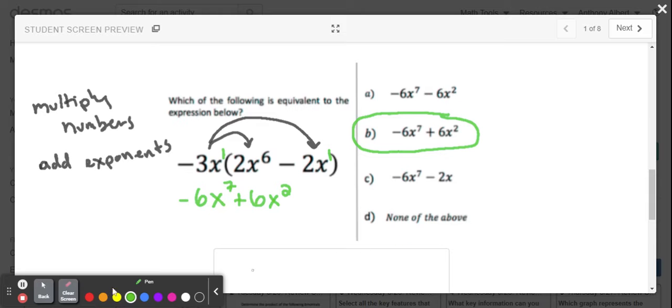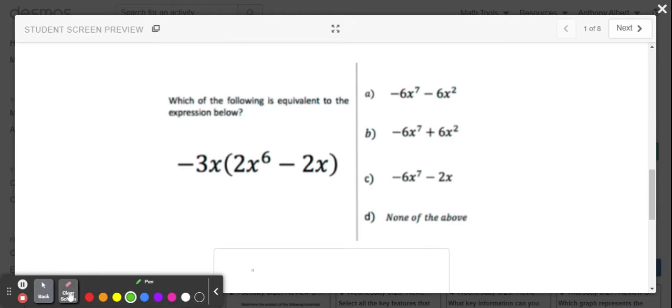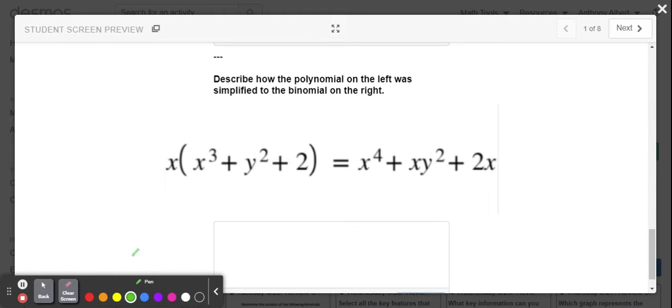All right, excellent job. Let's move on to the last one. Describe how the polynomial on the left was simplified to the binomial on the right. So basically, it's the same type of problem. We have a term in front of parentheses and a polynomial inside those parentheses. So we are going to distribute